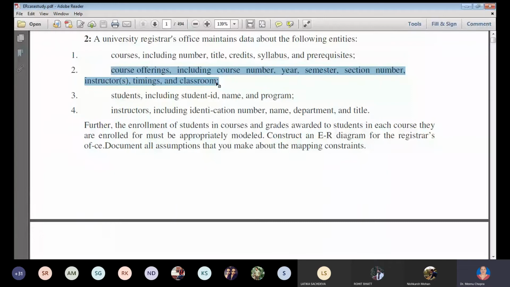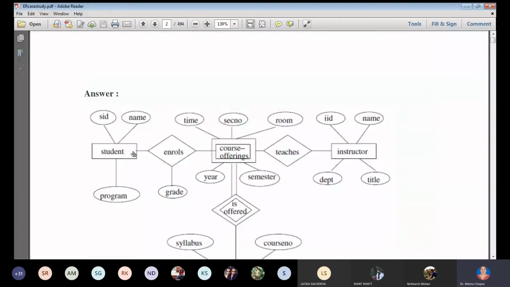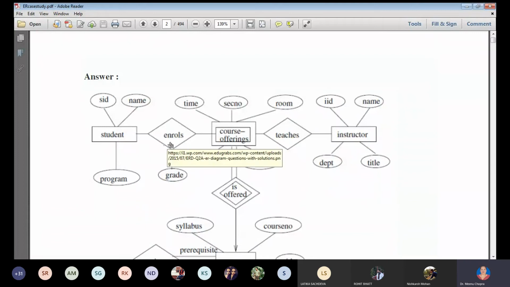You have to identify which are the strong entities and which are the weak entities. Now there is one weak entity that is called course offering. This one. So same here, student with the attributes. Similarly, one weak entity that is called course offering, and course offering has a student. Fine. It has a relationship. Now you can show a weak relationship here also. Fine. It is up to you.